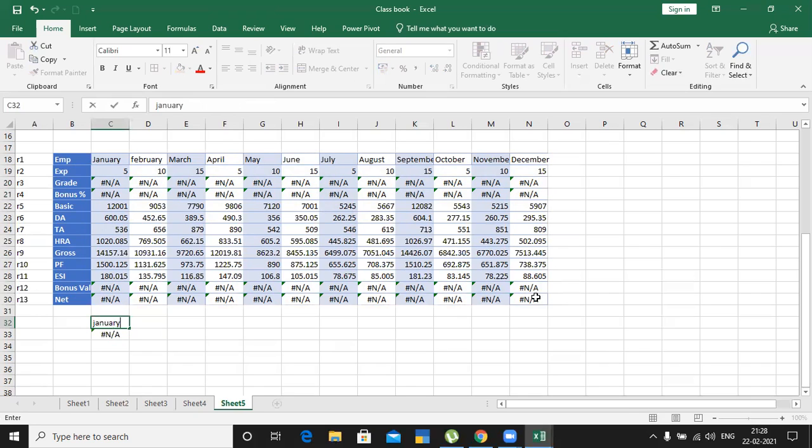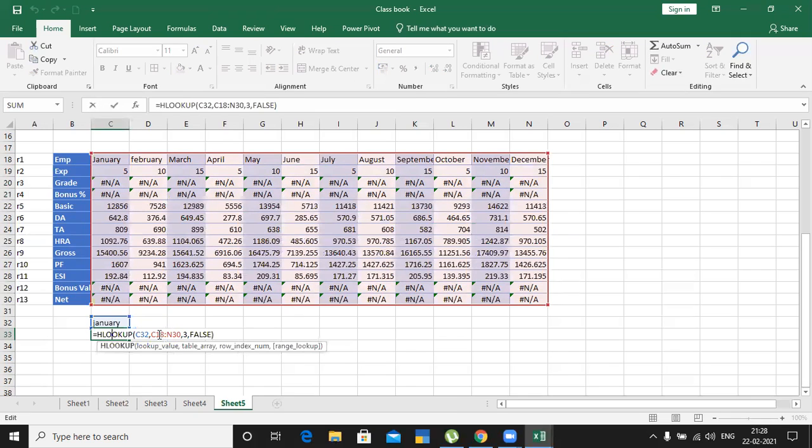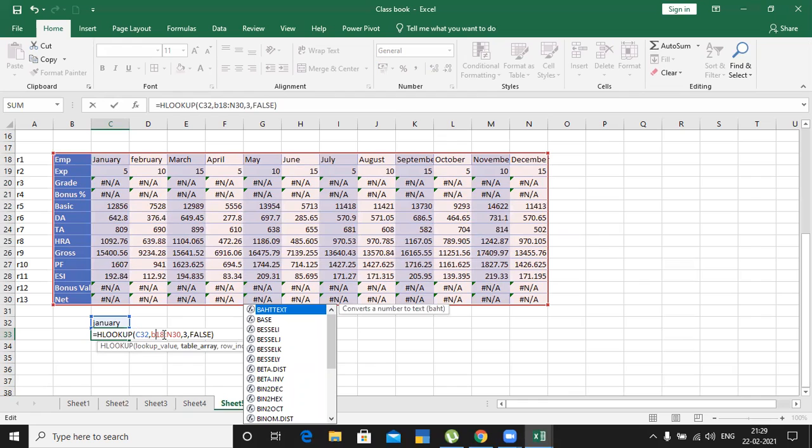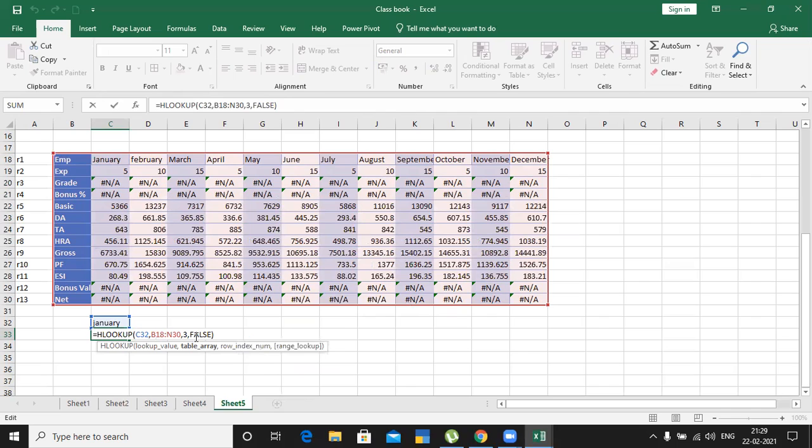Now if I type some number like January, but it's not taking. Instead of B, means C, I will take B. And next it is B18, column index number 3. This side we have a value. Value it has to take.